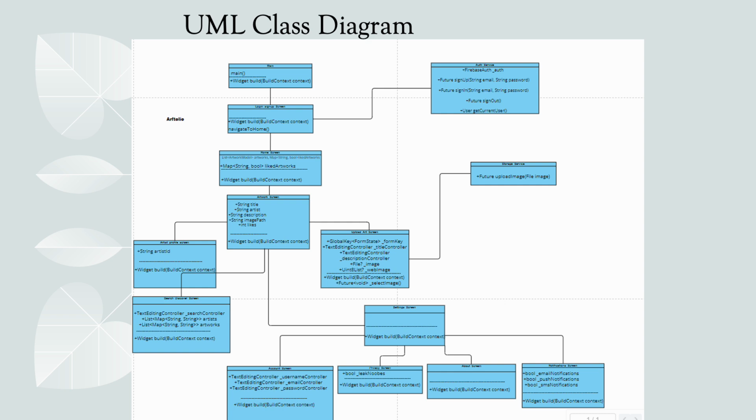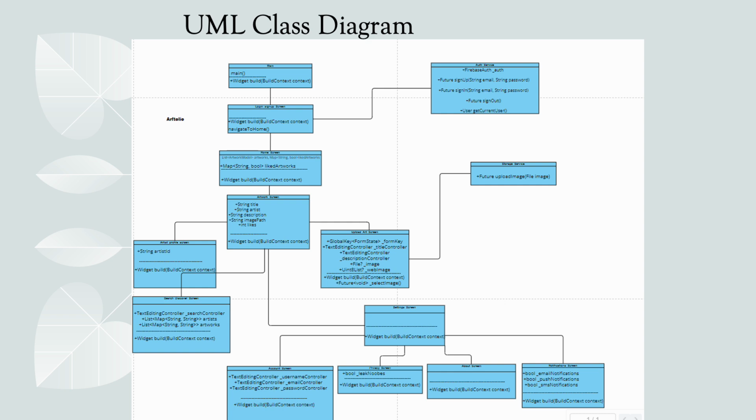Going from there, we have the search and discover screen, which contains things of how you can look up other artists, such as their artist name or their artworks, whichever one is easier for you at the time. And then going from there is the settings screen, which is by far one of the biggest chunks of the UML diagram because it contains 4 different screens: the account screen, the privacy screen, the about screen, and the notification